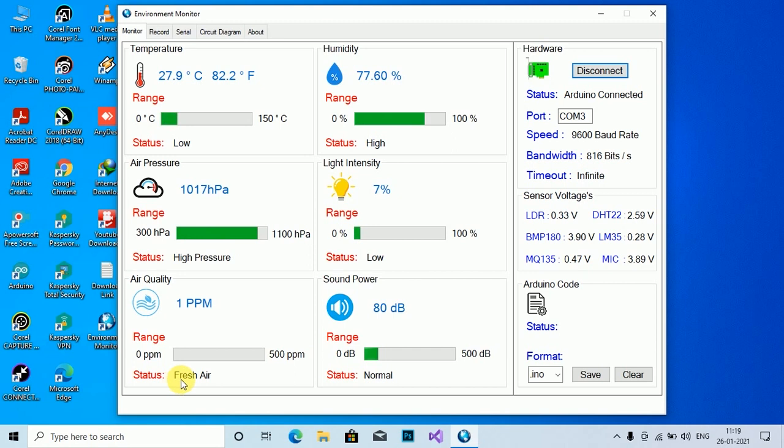It is fresh air, and it also shows the surrounding sound power in dB. And if you see this panel, sensor voltages, it shows the voltage level of each sensor connected to your Arduino.